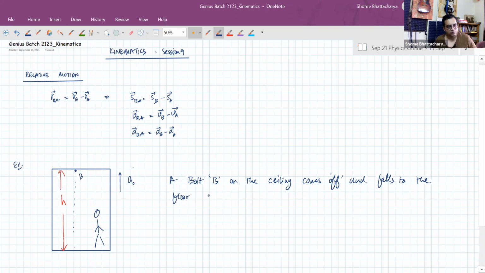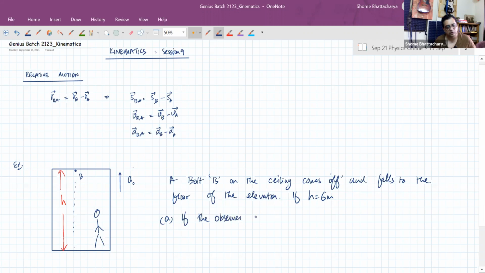Okay, so if h is equal to, let's say, 6 meters, it's an extremely tall elevator, let's say it's a freight elevator or something. So 6 meter height is there. So the first part of the question we'll see is that if